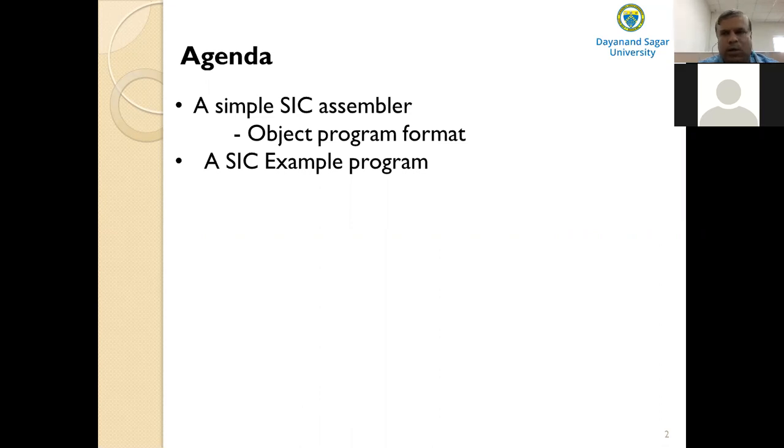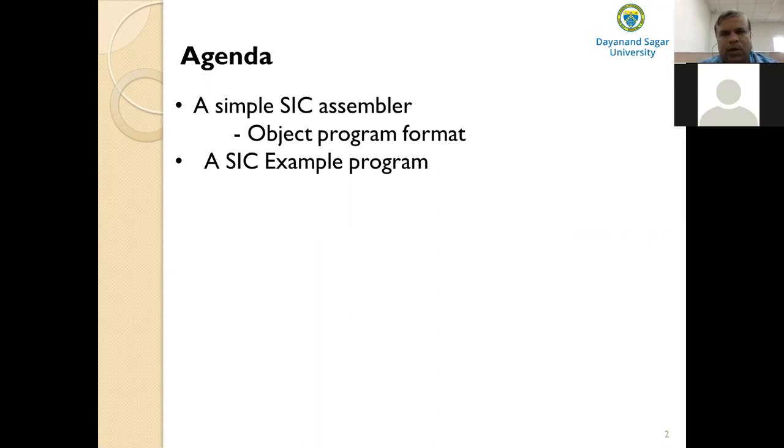Okay. And what are the basic assembler functions? Anybody? What are the basic assembler functions? The translation of the source program into the object code requires us to perform the following functions.